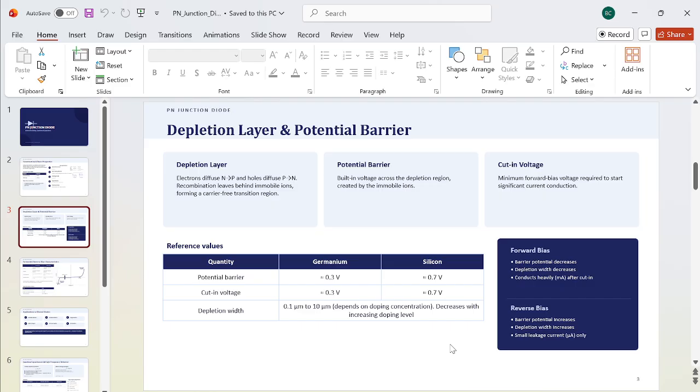And in that situation, you will see that the diode conducts heavily and the current is of the order of few milliamperes, while in the reverse case, in which you reverse bias the PN junction diode, you have to connect the P region to the negative terminal of the battery and the N region to the positive terminal of the battery, which causes the potential barrier height to increase, depletion region width to increase, and